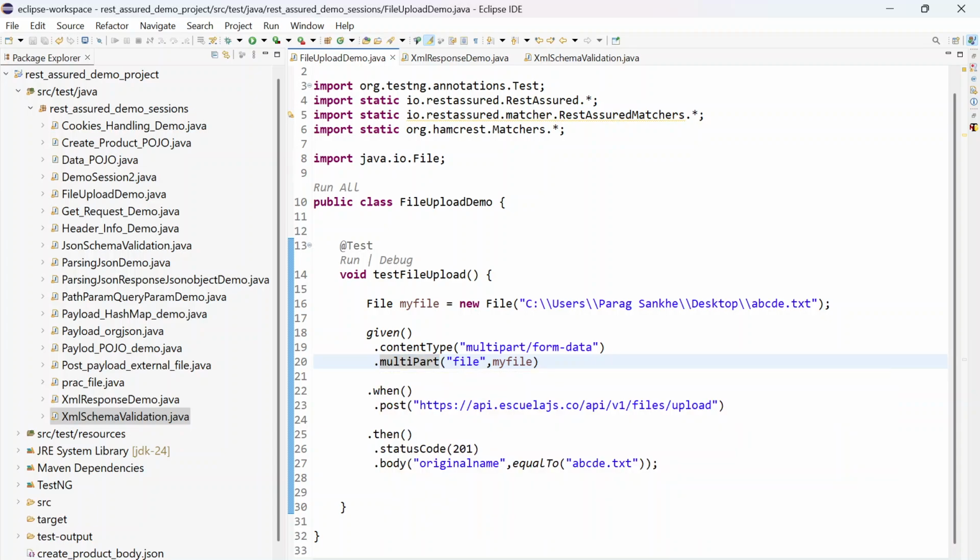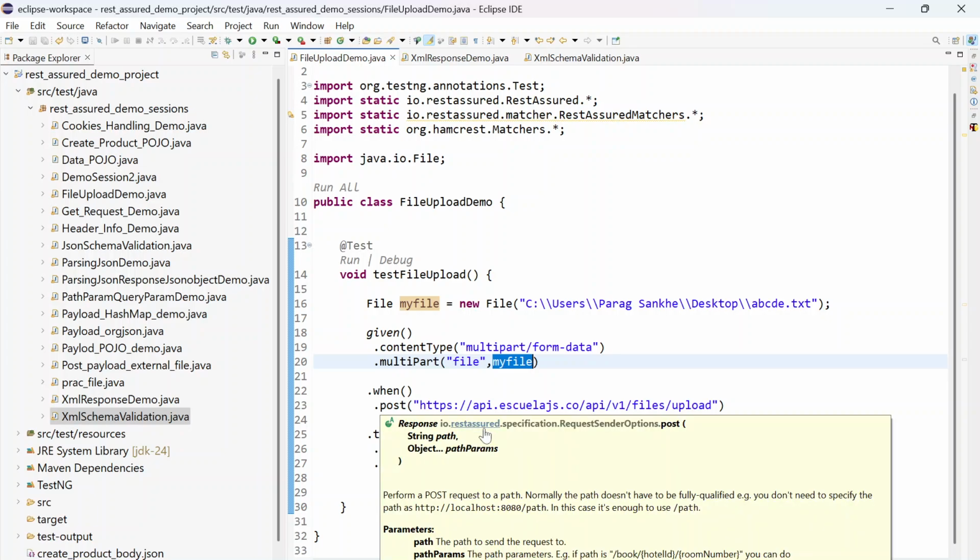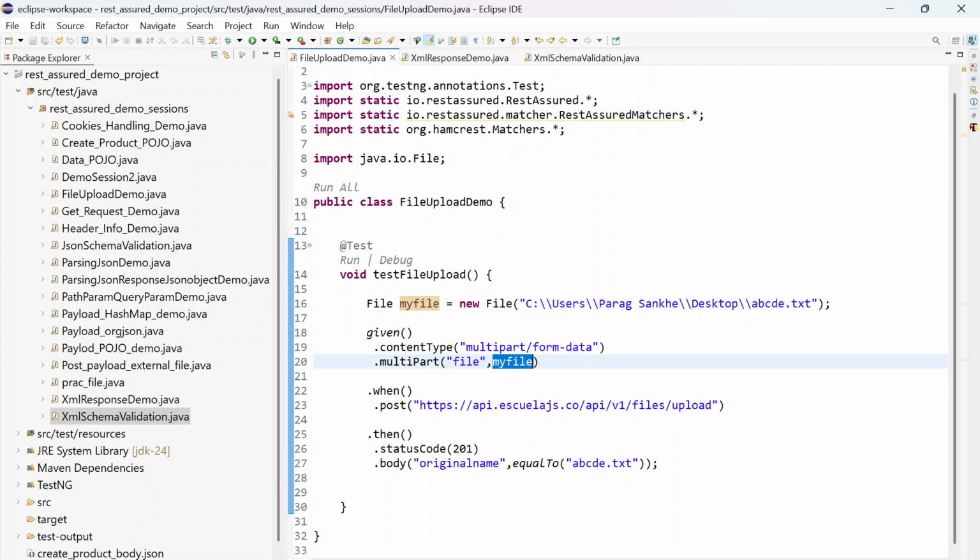In the given section you have to provide this prerequisite whenever we are uploading the file. Multipart, in which we have to mention file and then this my file object, and then we are using the when section in which we are passing that URL with post type of request, and in the then section we will validate the response. So status code should be 201, body original name should come as